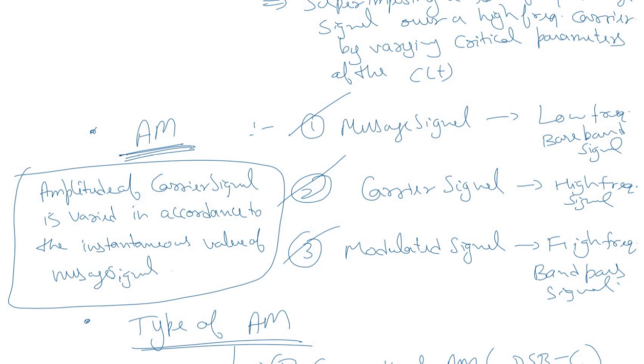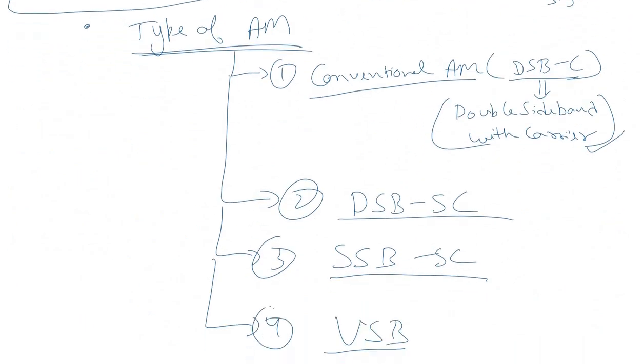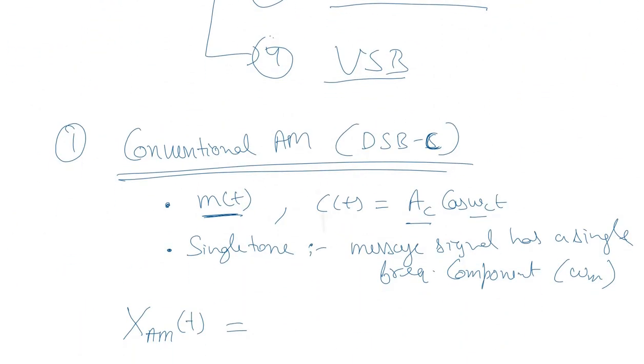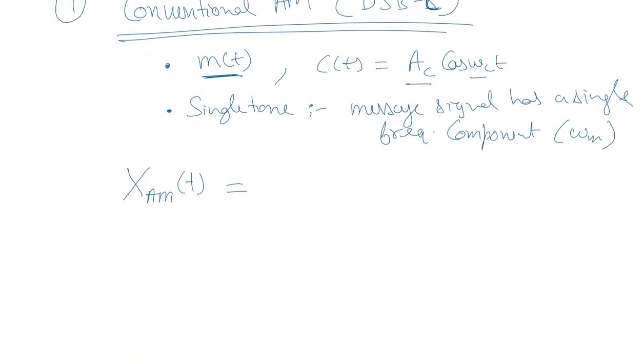So this is how we are going to superimpose our low frequency message signal over the high frequency carrier signal, just by changing the amplitude of the carrier signal, right? So now the standard expression of the amplitude modulated signal will have the changes that it will be a carrier signal but with some modified amplitude, right?